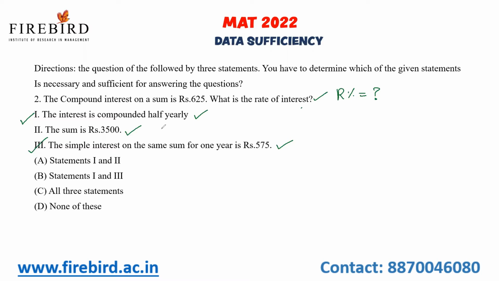The interest is compounded half yearly. I know that the compound interest is 625. Simple interest for 1 year is what? 575. These are the two data. Third data, I'm taking interest is compounded half yearly. When interest is compounded half yearly, it means that for every 6 months, you're calculating the interest. If this is the interest for 1 year, for first 6 months,